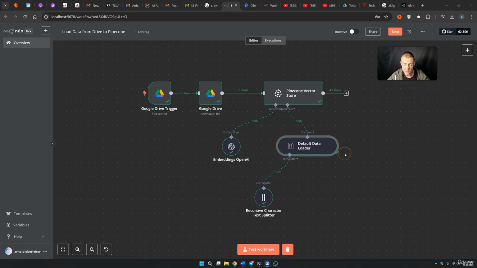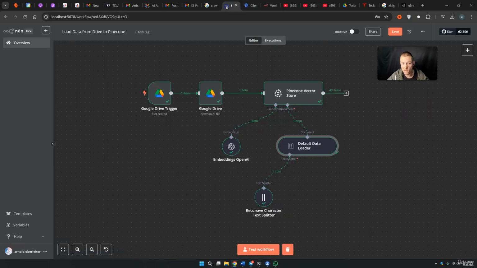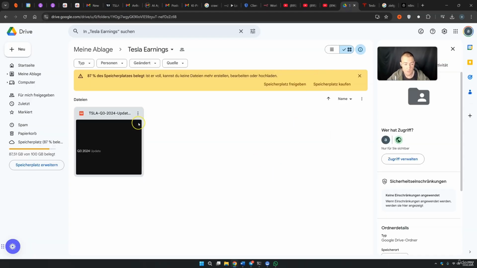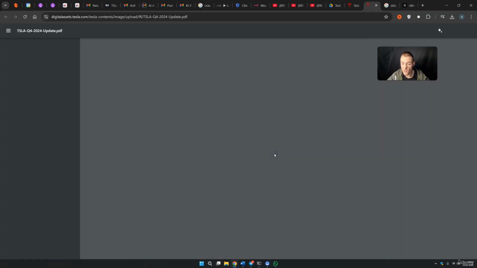And our goal is right now, of course, that we can simply upload stuff into our Google Drive, and our Pinecone vector database will update this stuff automatically. In order to do that, let's just see, we have 49 documents included right now at this minute, and if we come back into n8n, we need to make this thing here from inactive to active, and as soon as this thing is active, this thing will search every single minute if in my Google Drive account comes new data. And the new data that I want to have is of course Q4,